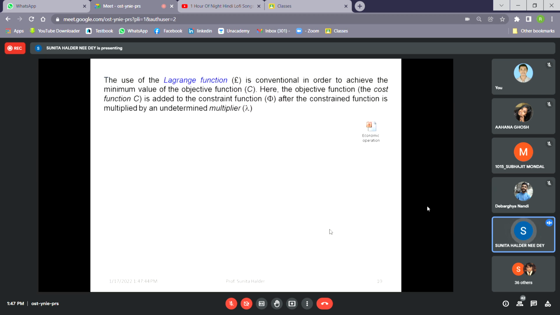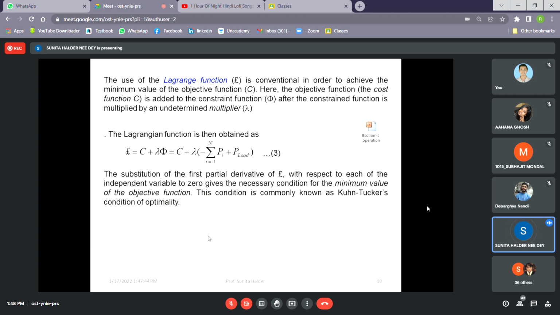So in that way, whatever I have taught you in the tutorial is written here. In that way, the Lagrangian function can be derived. That is the actual cost function plus lambda into the equality constraint function. This should be a minus variable, because we are optimizing with respect to what will be the generation schedule, that is, what will be the generation of each generator. That's why Pi is negative, not PL. Now if we make the first derivative of this zero, then we can get the minimum value of the objective function.